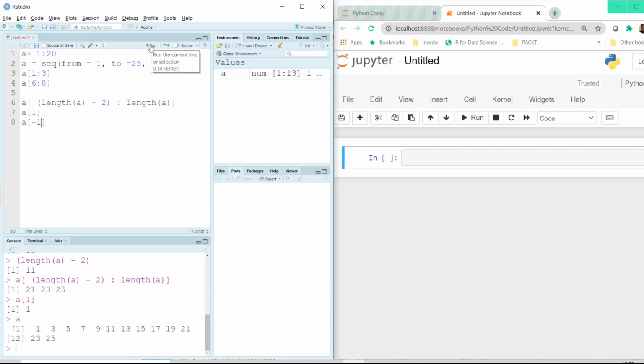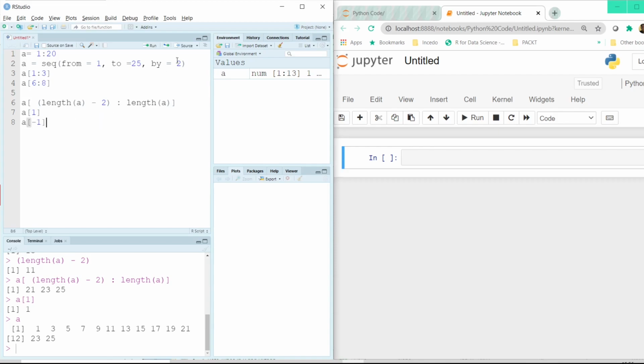Well, in this case, it is slightly different from Python. In Python, when we do A with a -1 in the square bracket, it would be displaying the last element. Whereas in R, it still looks at the first element, and since we have put a minus, it will ignore that element.